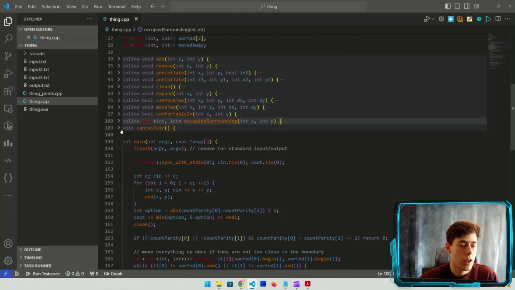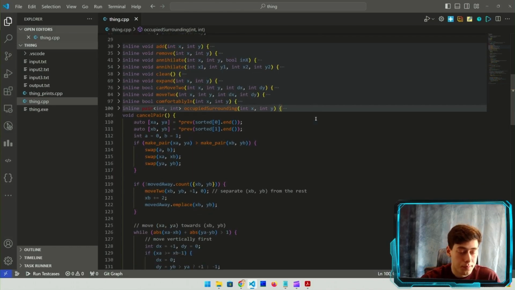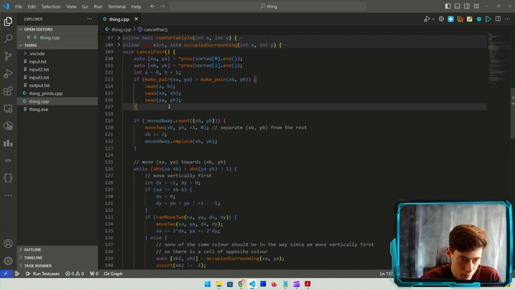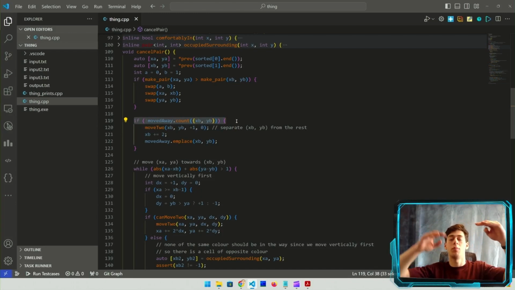And finally, cancel pair. This is the interesting function. This is the juicy function. So what does it do? It takes 2 points, A and B, 2 cells, which are the lowest white cell and the lowest black cell respectively. It checks whichever one's lower out of the two. And so we end up having B, point B, XB, YB, being the lower point. So that's the lowest point in the entire grid. And then A is the lowest point of the opposite color. So we move B even further down by 2 slots with the move 2 function. And again, we only do this conditionally. If we've already moved B down by 2 on the previous go,